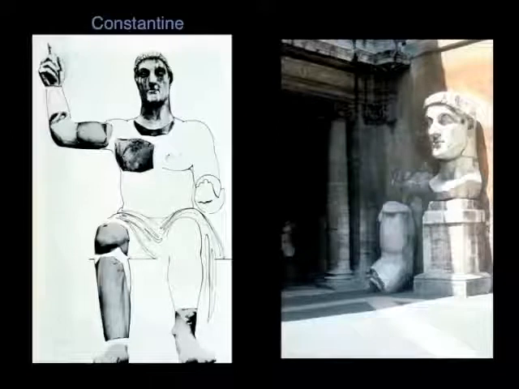Constantine, as we said, was co-emperor with Maxentius. And there is a battle where Constantine is trying to defend Rome. His armies are moving to the north of Rome, and the invaders are coming down toward them. And Constantine, this pagan general, this pagan emperor, sees a cross, according to the legend, floating in the sky. And he says to his armies, "Go, follow the cross. Take out your swords and follow the cross." So Constantine's army, following this glowing cross in the sky, defeats the army of Maxentius and defeats all the enemies on this bridge called the Milvian Bridge. And at that point, Constantine decides to legalize Christianity.